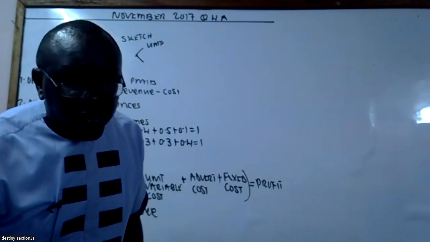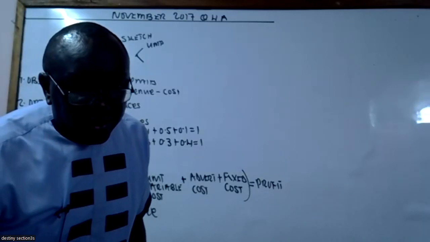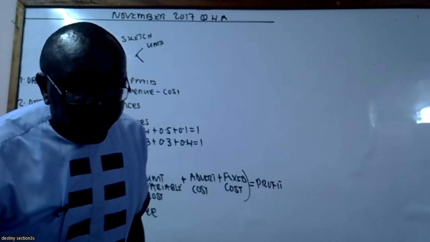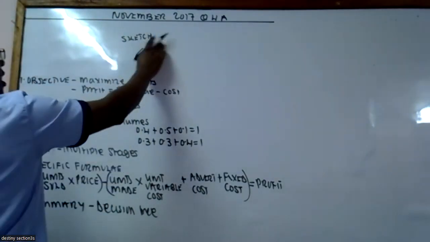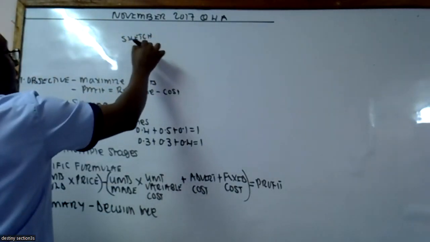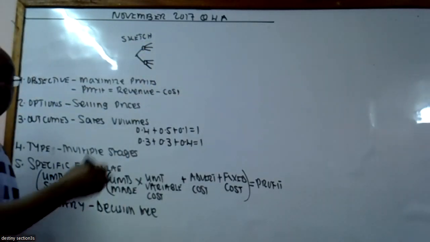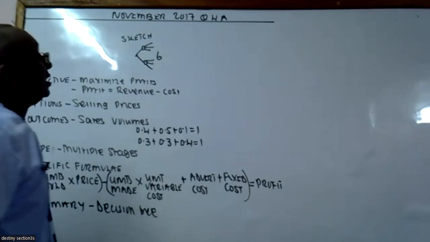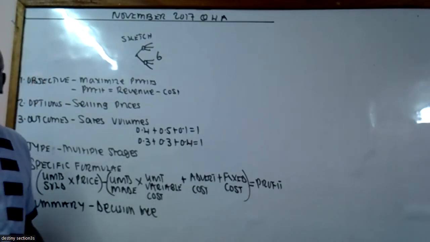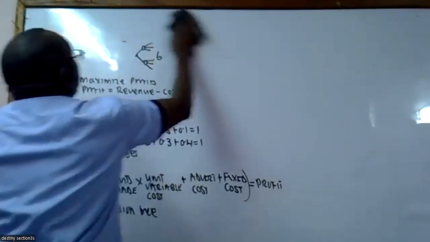The variable costs, let me see. The variable costs are not changing with the volume. Yeah, so it's just very simple. So the units here, there are 3. So that means, as we did with the other question, you count 1, 2, 3, 1, 2, 3. So we are going to have 6 tails. Once you have known how many tails you'll have,